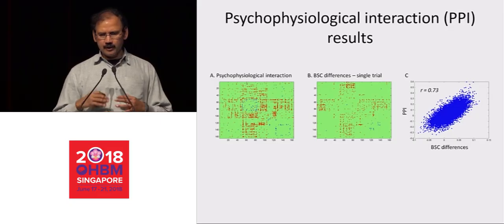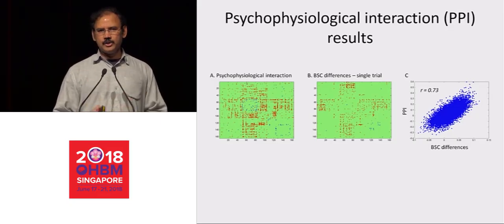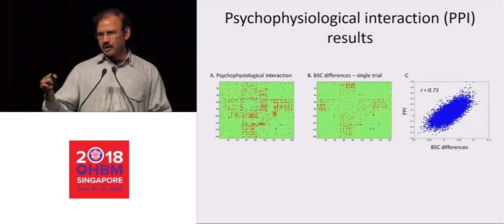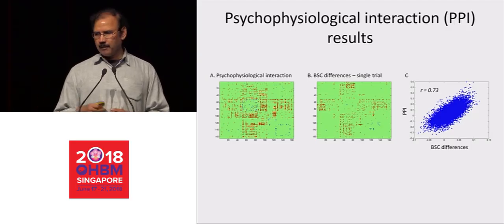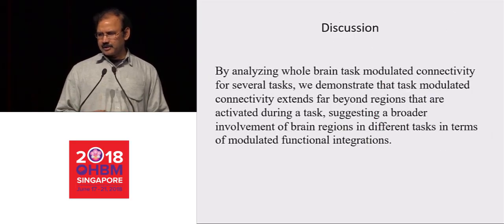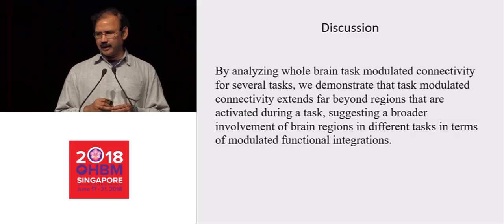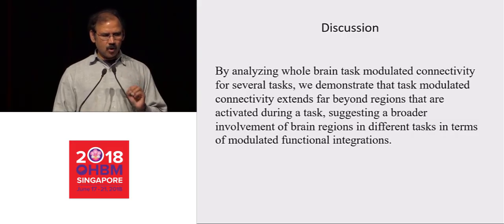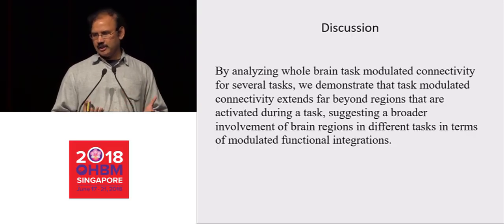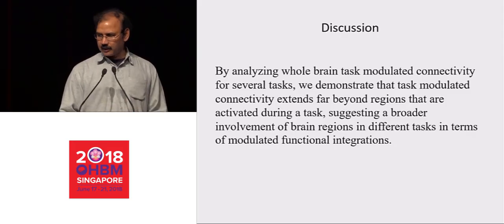Again, we wanted to make sure whether this was just a change due to the method, just PPI, but by using beta series we also see very similar results. So by analyzing whole brain task modulated connectivity, we demonstrate that task modulated connectivity extends far beyond regions that are activated by GLM. And so maybe, with tasks, rather than GLM, we have to be more careful how we analyze, because I think it's,